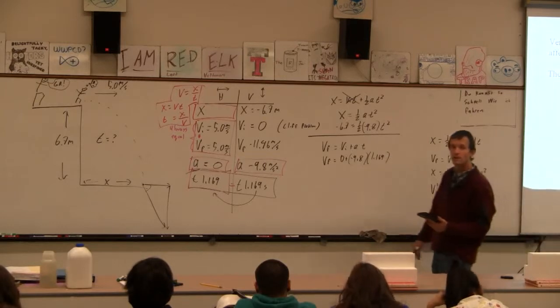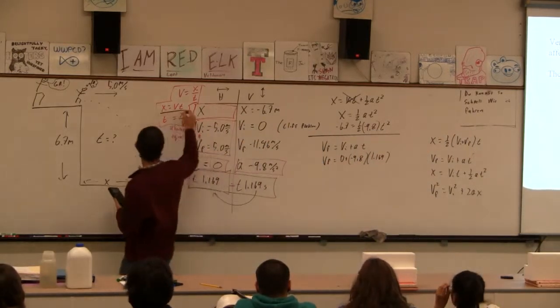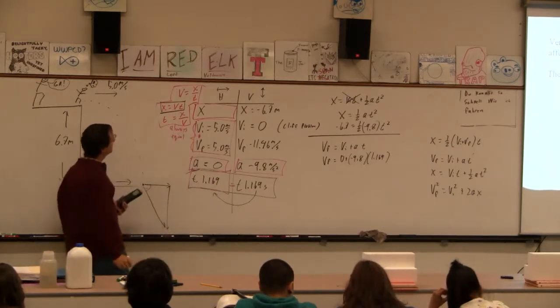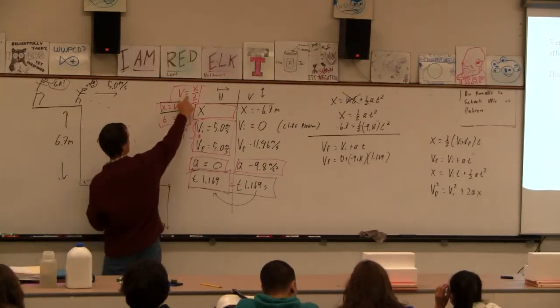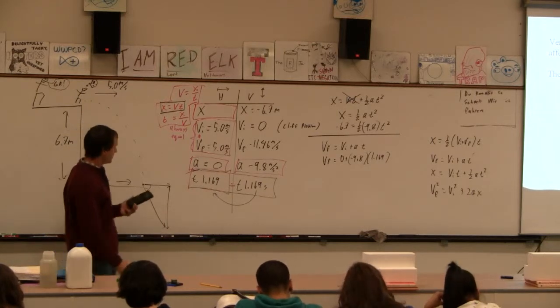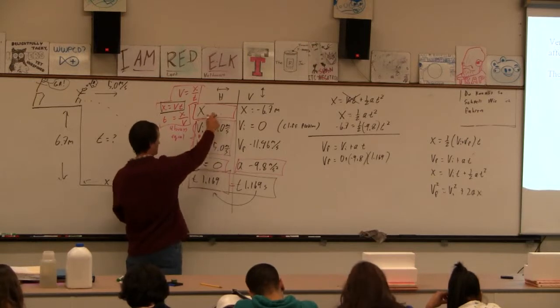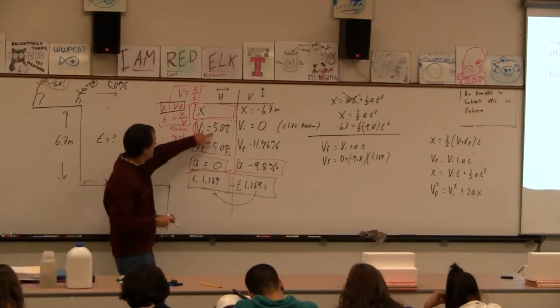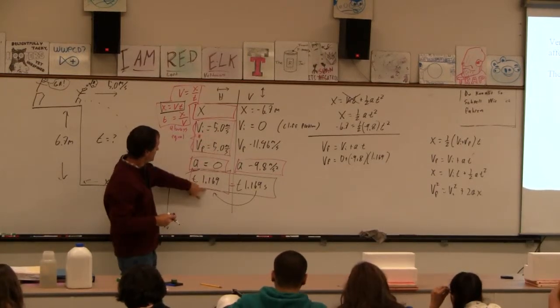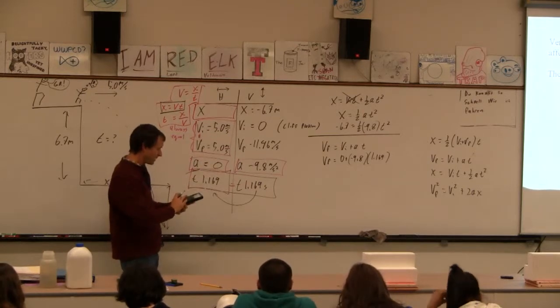We're almost done. We just have one more thing to fill in, right? And I'm going to use this guy. X is v times t, which is just from this formula that's in your formula sheet, right? Okay, so all I have to do is multiply 1.169 by 5, and I'll get this, right? So I was going 5 meters per second the whole time I was in the air. The distance I go is this times this, right? So 5 times